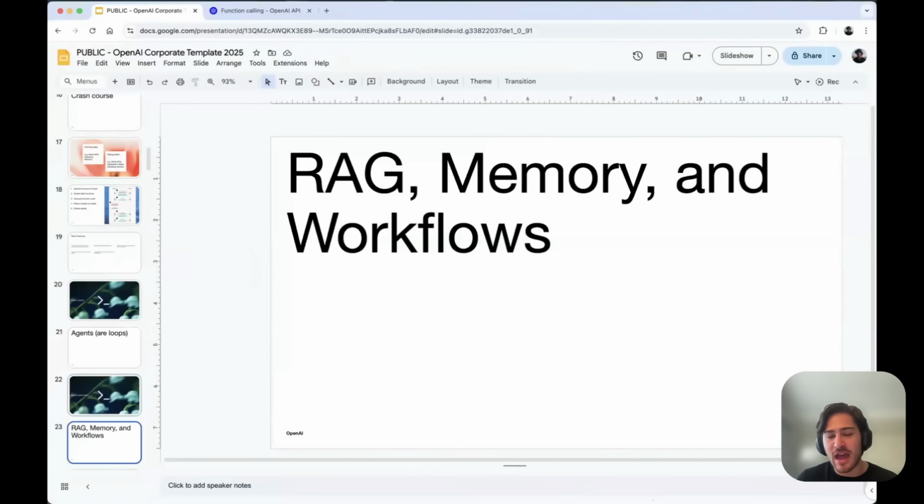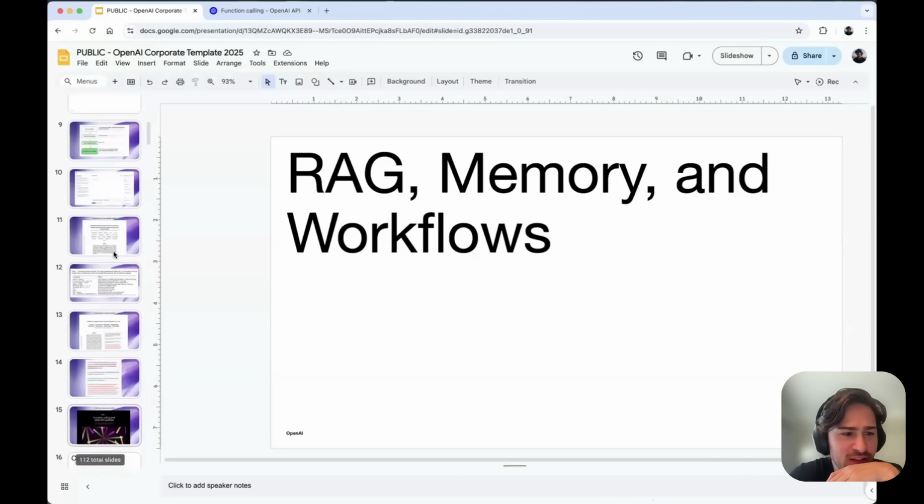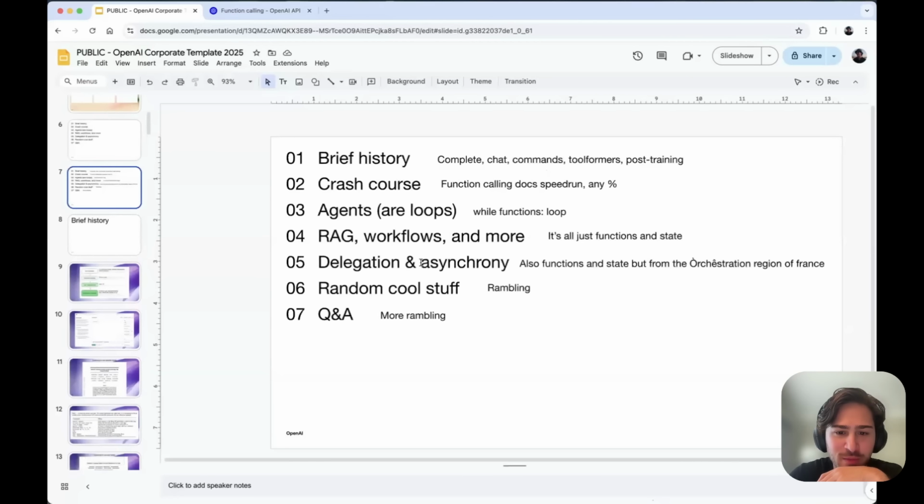Another show of hands. Who here has implemented RAG? Okay, what about memory? Okay, fewer. And then what about multi-step things and workflows? Cool. How about this? There's a lot of stuff we could talk about, but I want to keep this valuable to you all.